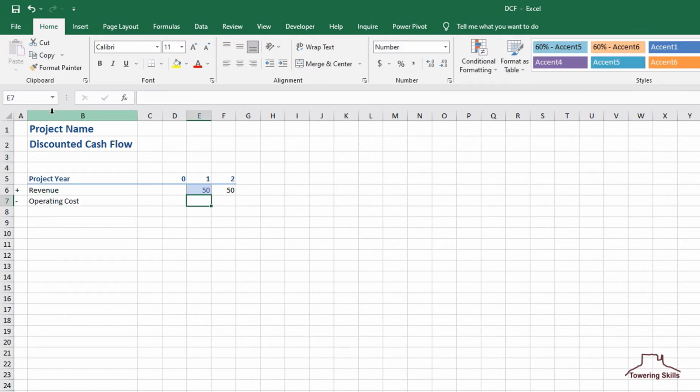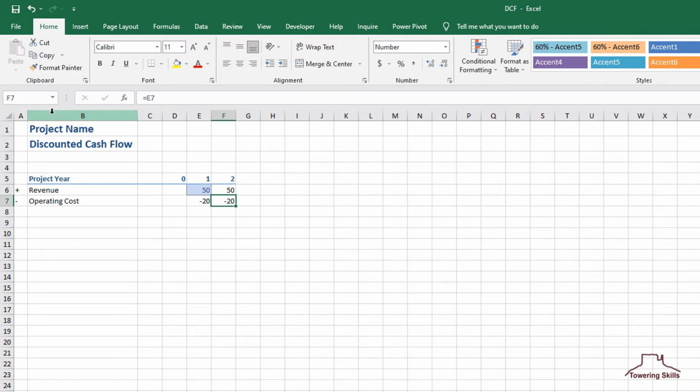And in cell E7, we'll add the operating cost value, which for this example is -20. Like the row above for revenue, this example assumes the operating cost is the same for all years. So in cell F7, we'll enter the formula =E7.